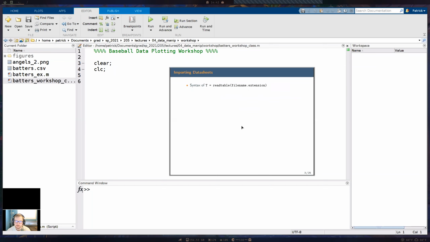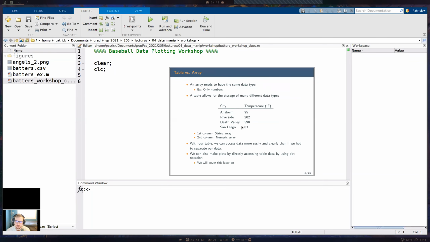So a table can contain all sorts of different data types in that table. So in this example here, pretend that this is a table in Matlab. On this side here in this column, we have something called a string array. So it's an array that just contains words. And then in this other column here, we have a numeric array, which is what we've been using this whole time so far in the class.